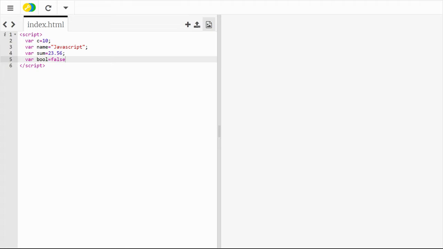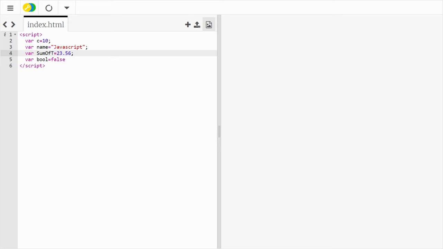While declaring a variable, it should always have a meaningful name. The name should contain some words, and it may also use camel case. So camel case means what? You can write like sum of two numbers. So if you want to write sum of two numbers, every meaningful word should start with a capital letter. This is also good.